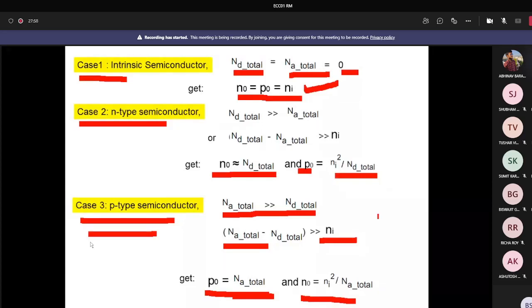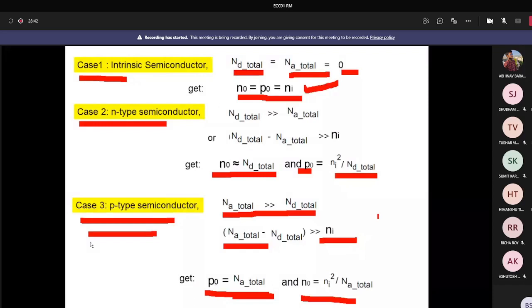Sir, is the method to calculate ni the same as the formula, under root NV NC e to the power minus (EC minus EV) divided by kT? The ni calculation is the thermally generated concentration at room temperature. That is a specific value for different semiconductors. For germanium, NC will be given and the band gap will be given. If the temperature is known, then you can calculate the ni value. It will have a different value because the band gap is different.